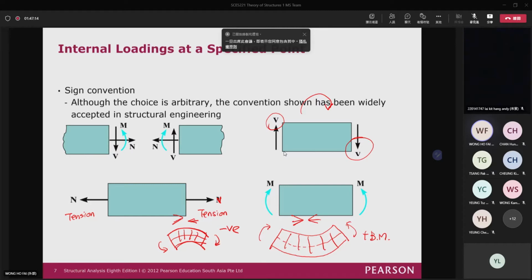positive, pointing to the right as positive, and for bending moment, you assume counterclockwise as positive. Why did you mention that we don't use that kind of sense to define the sign convention for our shear force and bending moment? Now, don't mix it up. That one is for equilibrium equations. This one is the sign convention. We are not talking about the same idea. For the sign convention, we define it this way for the positive shear, positive moment, and then positive